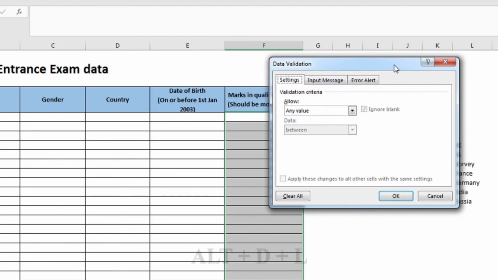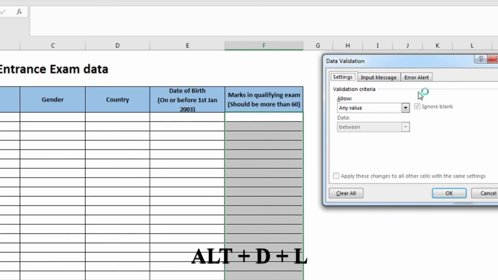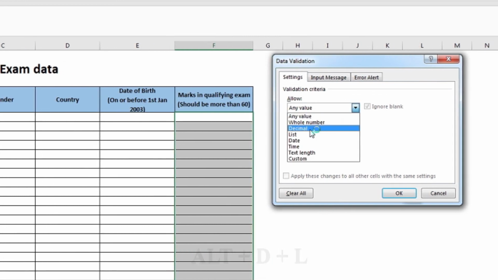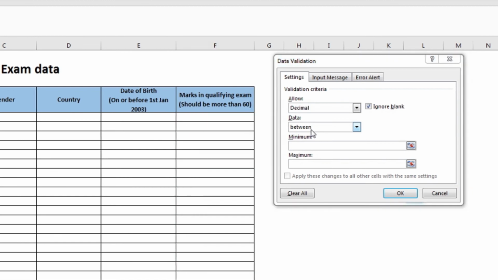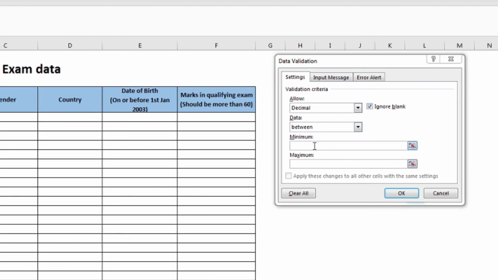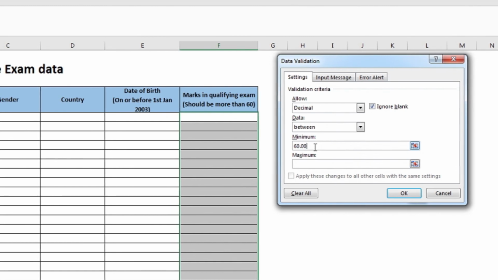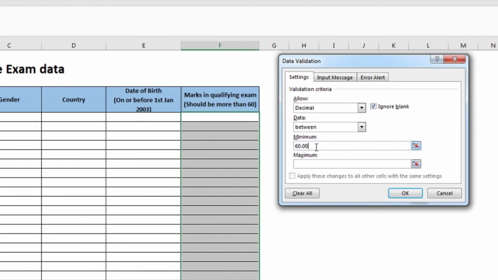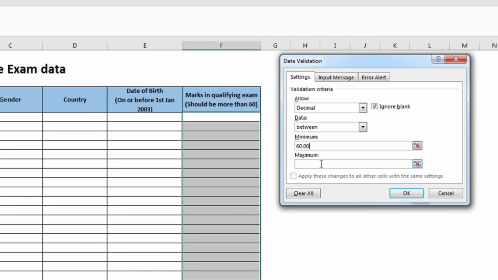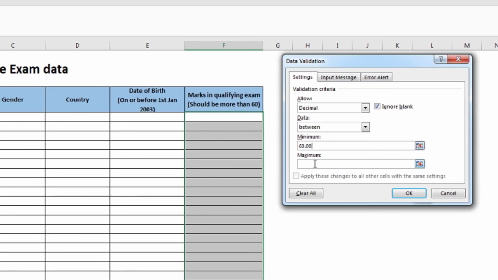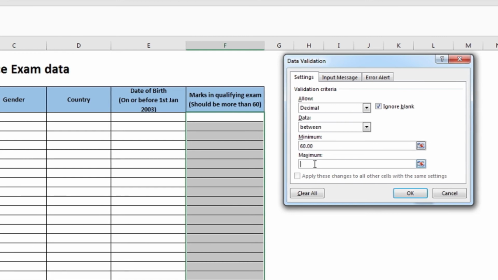Because this is a number and this can be a decimal, I am going to choose decimal over here. So minimum is 60.00, and maximum is 100.